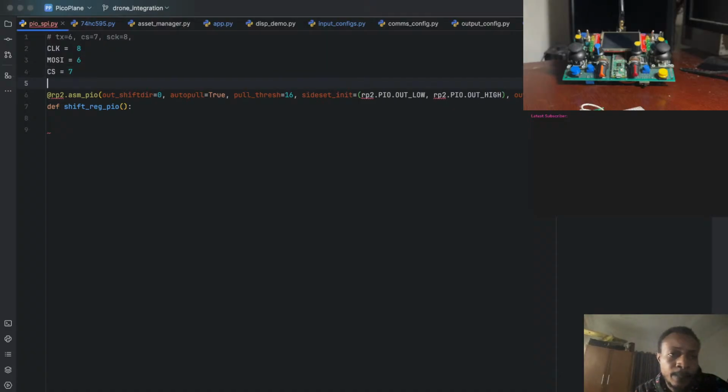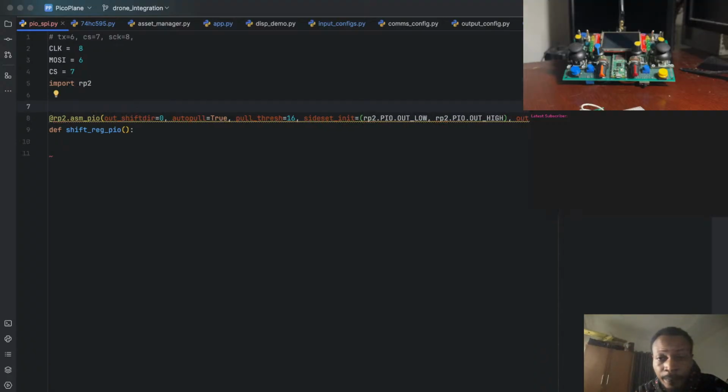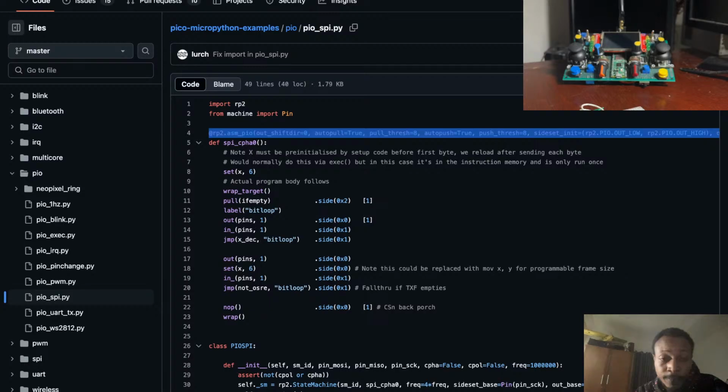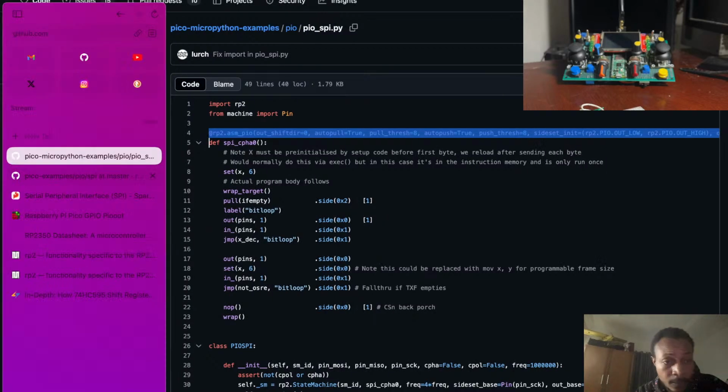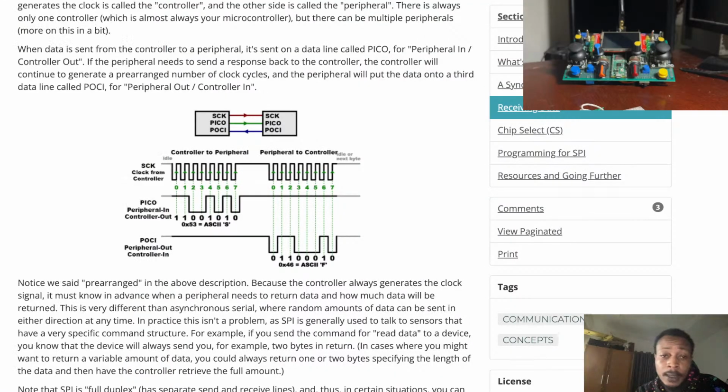Okay, so we have to import the PIO module. So where were we? Side set init. We have 2 pins that we will use as side set. With our SPI, we have to vary our clock signal while we put our data on the line. So we will be setting our data pin, and then